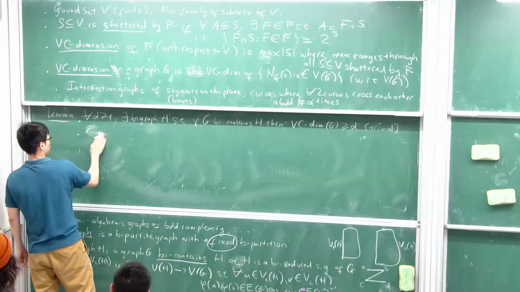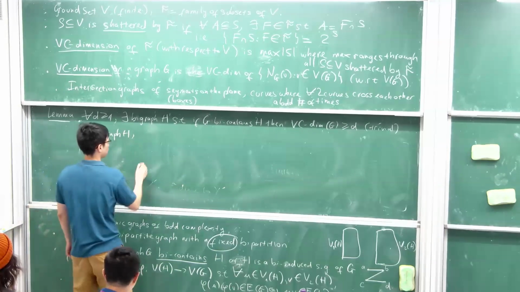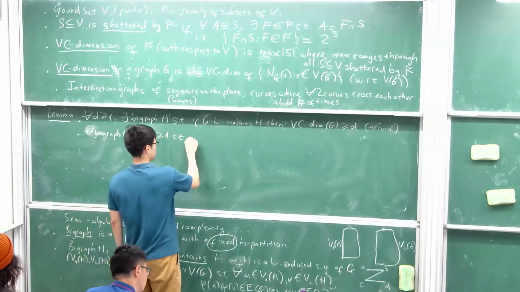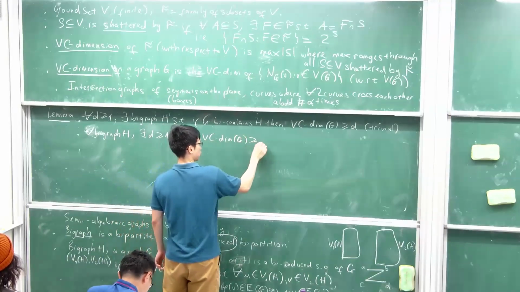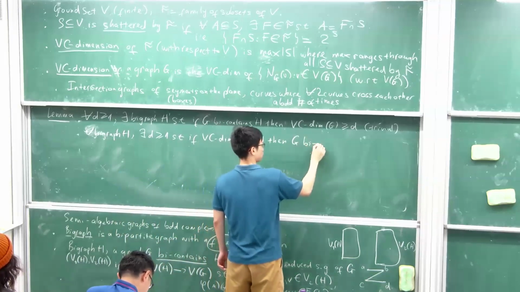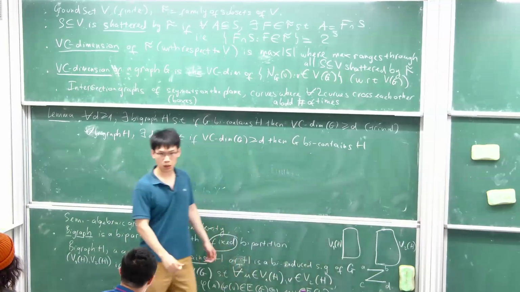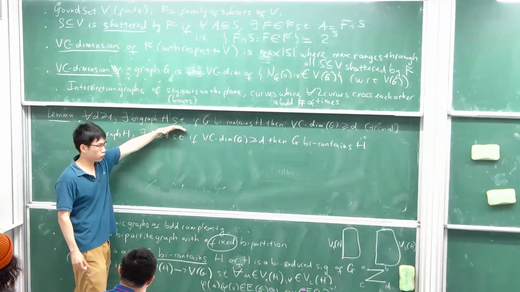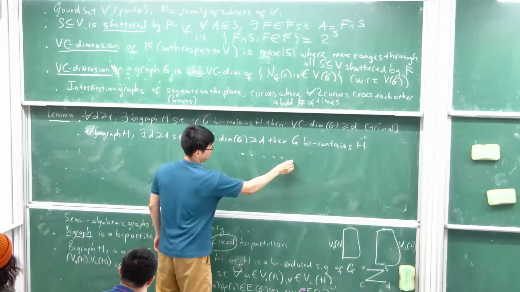So for every bigraph H, there is this number D, at least one, such that if the BC dimension of G is at least D, then G by-contains H. Right. So the first one is trivial because you can just take H to be the bigraph with one